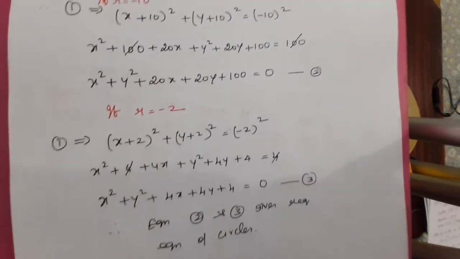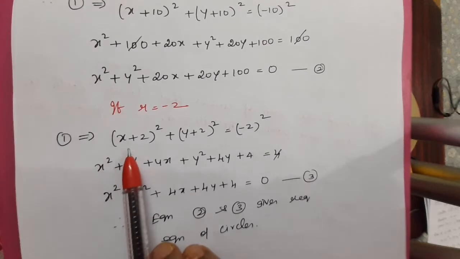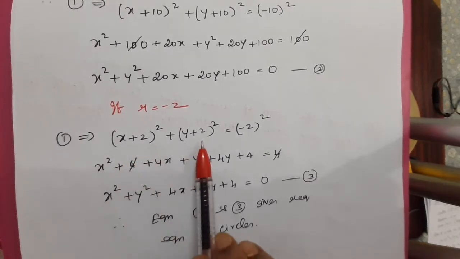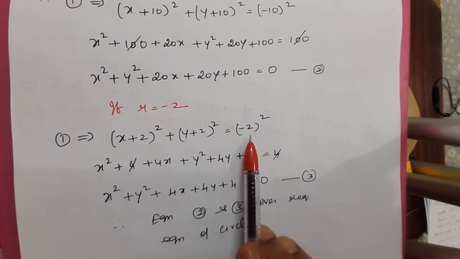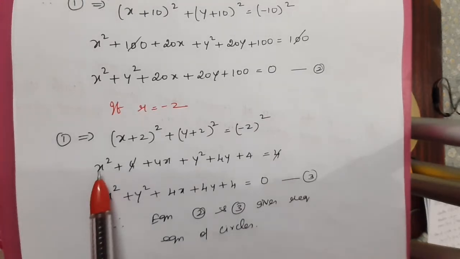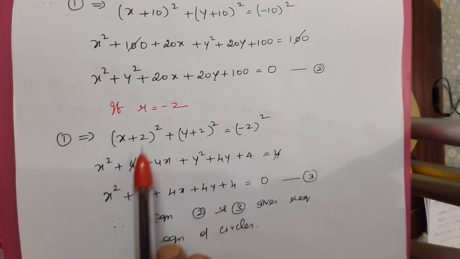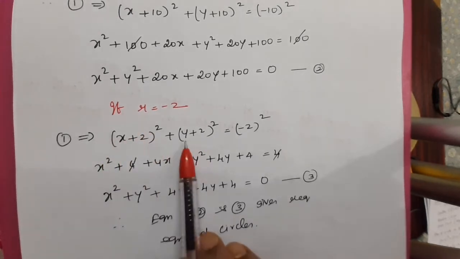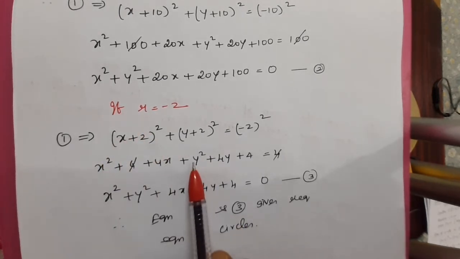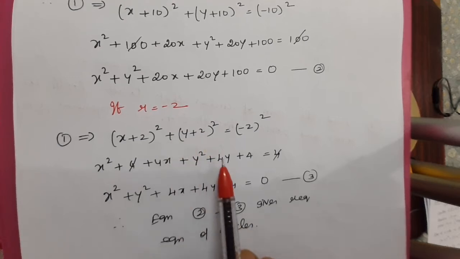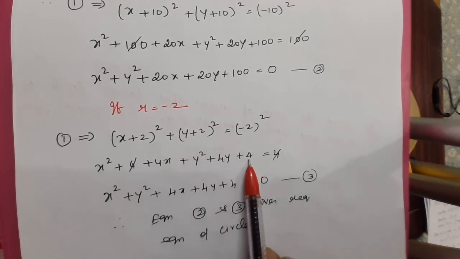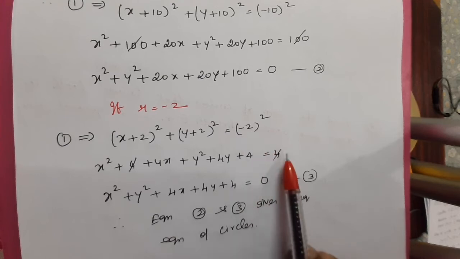If r equals minus 2, equation 1 gives (x + 2) whole squared plus (y + 2) whole squared equal to (-2) whole squared. What is the formula? a squared, x squared plus b squared. 2 squared is 4, 2ab, 2 twos are 4x. Similarly, (y + 2) whole squared is y squared plus 2ab, 2 twos are 4y, plus b squared, plus 4, equal to (-2) whole squared, which is nothing but...